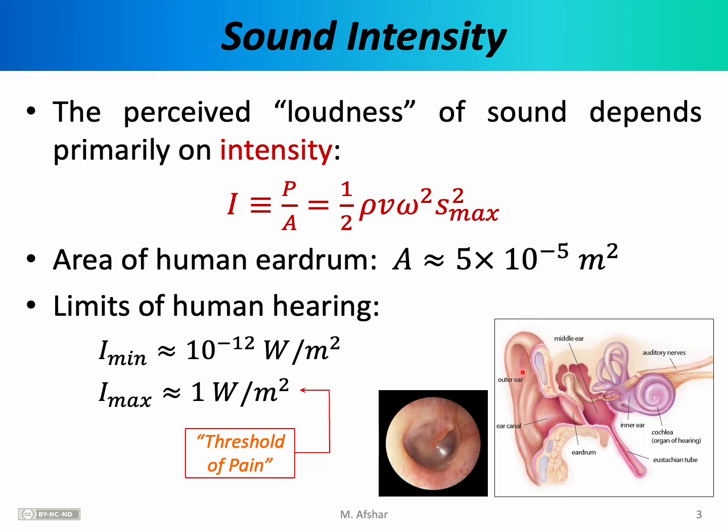The limits of human hearing are also important in this context. Human hearing has frequency limits, but it also has intensity limits. So here we're talking about the minimum and the maximum intensities that humans can hear. If sound has an intensity below approximately 10 to the minus 12 watts per square meter, then we usually cannot hear that sound. And if the sound has an intensity of above approximately 1 watt per square meter, then that's